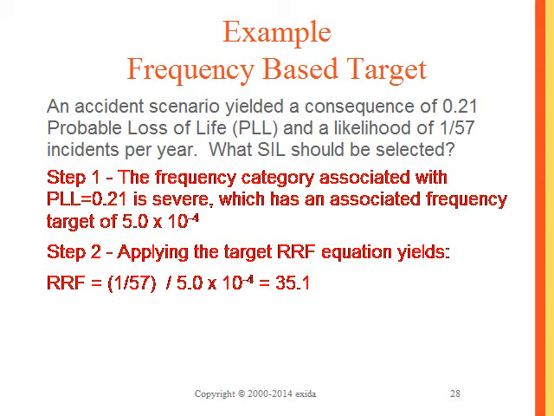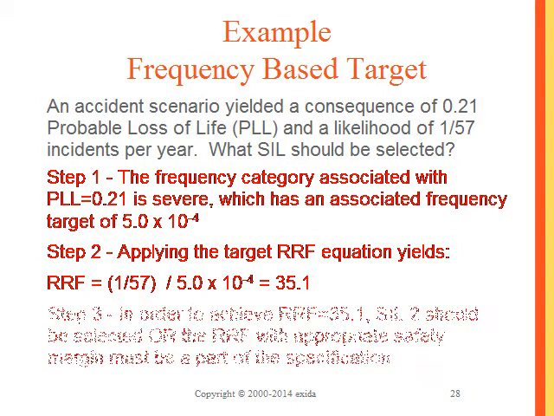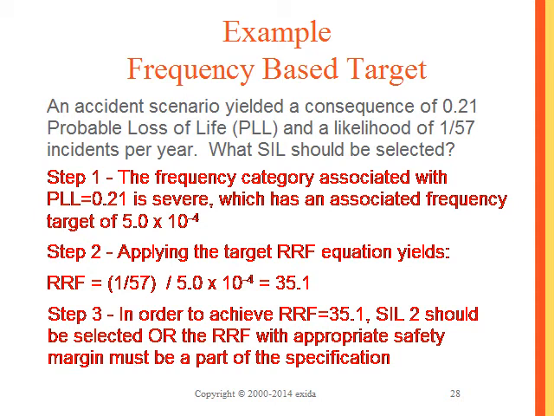So now we apply the target RRF equation. We put in our unmitigated event frequency against our target frequency, and as you can see, we come up with a risk reduction factor of 35.1. So normally that would give you a SIL1. But here we're saying SIL2 should be selected, or the risk reduction factor with appropriate safety margin must be part of the specification. Because a risk reduction factor of 35 puts it at the lower end of the SIL1, we